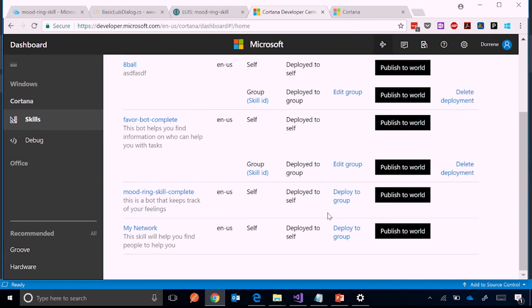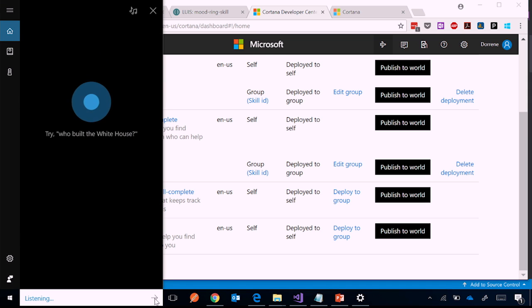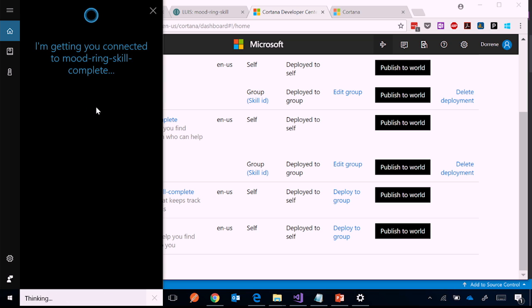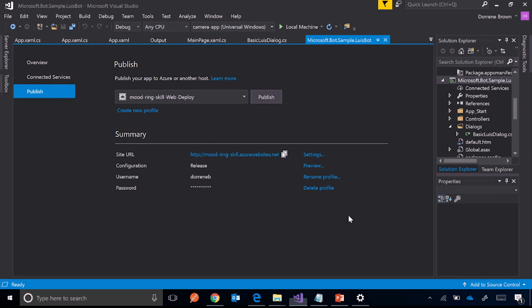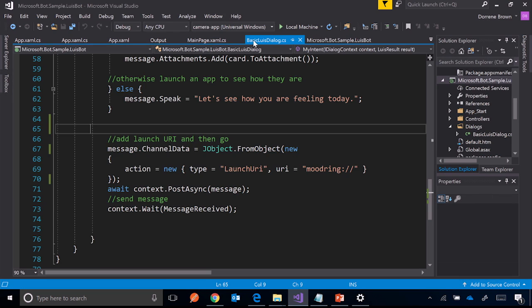Now that I've finished deploying my skill, I have a couple of options here. We'll talk about those in a few minutes. Let's actually see the skill working. Ask mood ring how I am feeling today. All right, so we'll get back to that. Let's imagine for a minute everything worked end to end and was absolutely beautiful. What I would see